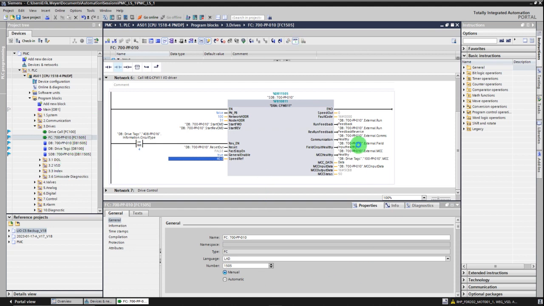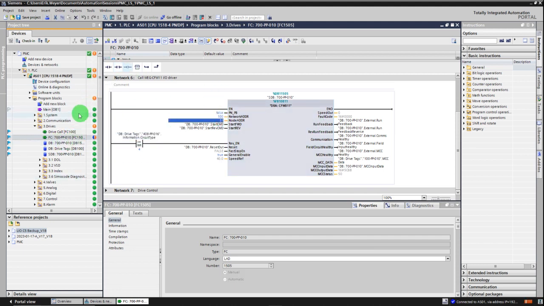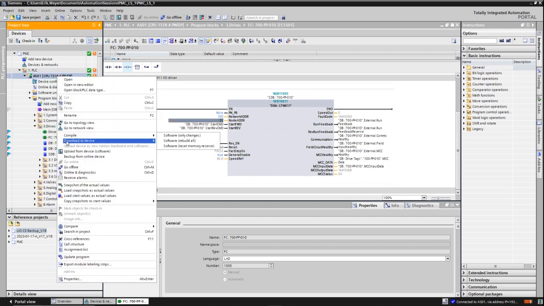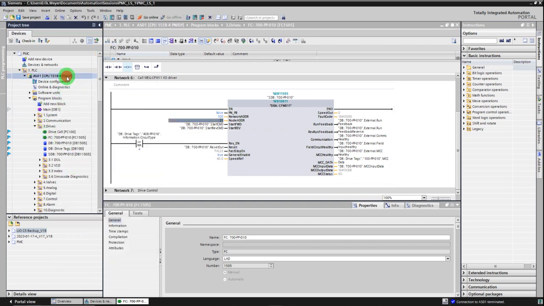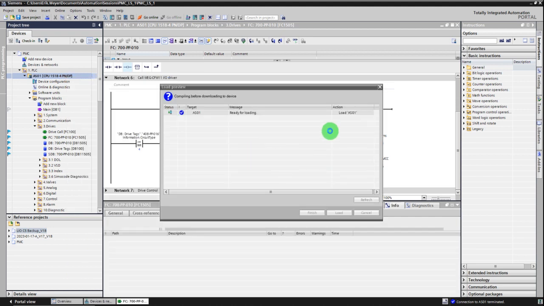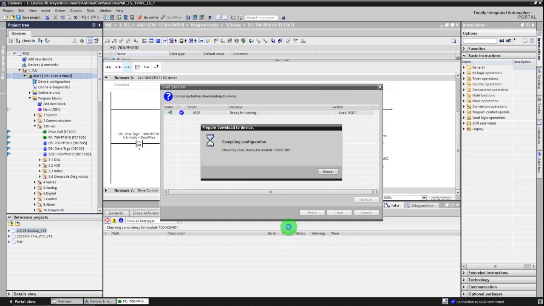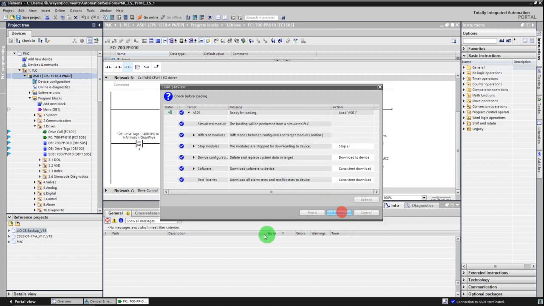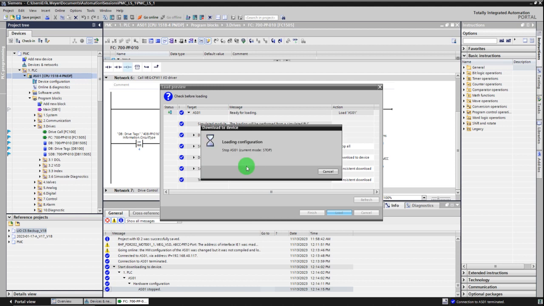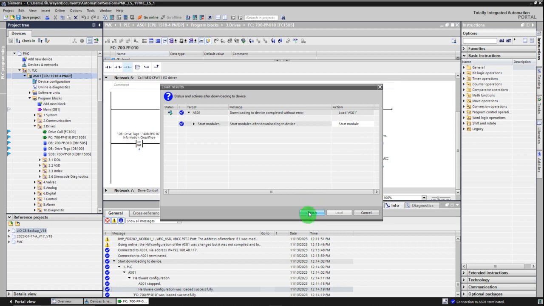I've already downloaded this piece, and we'll see that due to the change there, it will now be equal. So I'm just going to go offline and give it a full download for hardware and software changes, because remember, I've actually added a new VSD to the circuit. So once again, if you add a new VSD, you are going to have to stop your PLC if you want to add it into your network. I'm going to start my modules,